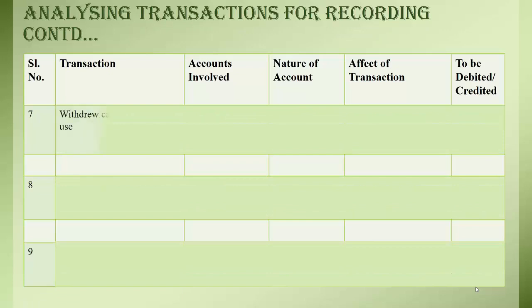Our next transaction is withdrew cash for personal use. Here the two accounts involved will be drawing account and cash account. When the businessman withdraws cash or goods from the business for his personal or domestic use, it is called drawing. So the two accounts involved in this transaction are drawing account and cash account. And the nature of the accounts involved are drawing account is a personal account while cash account is a real account. So the rule for the personal account will be applied on the drawing account and as Mr. X is the receiver, so his account will be debited and cash is going out, so the cash account will